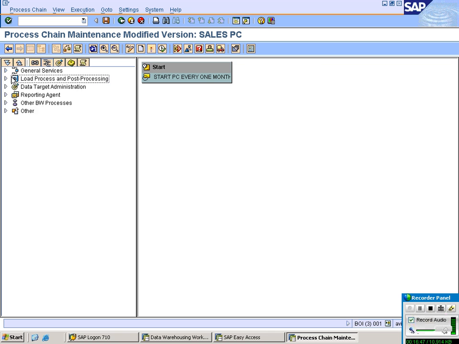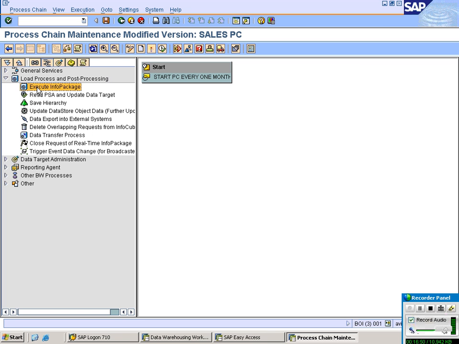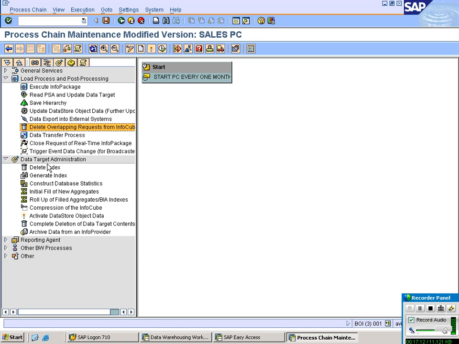Then you can see things like trigger your info package, read the data from PSA and update into the target. Then update DSO, that is your second DTP. Then data export into info open hub. Then DTP, delete overlapping request from your queue. Then delete the index, construct the index, statistics, initial fill, roll up, compression, activate data in DSO, delete the data in the target. All the different